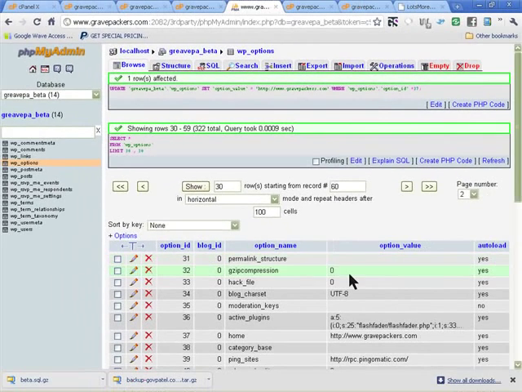Those are the two changes that need to be made here, and we can get out of this one,